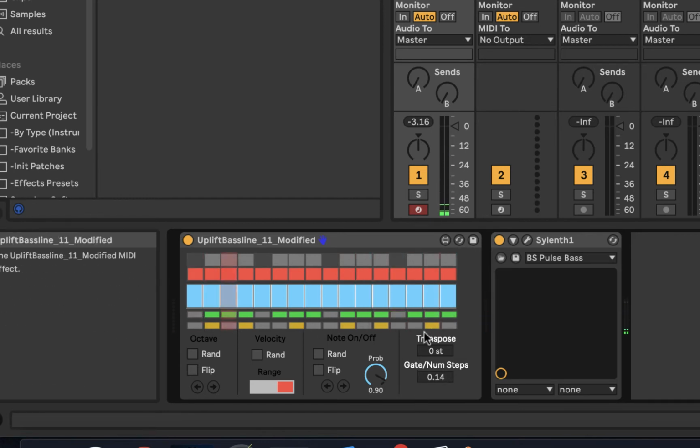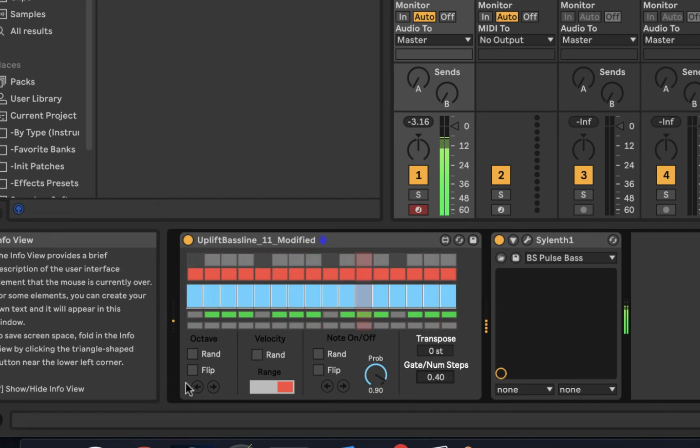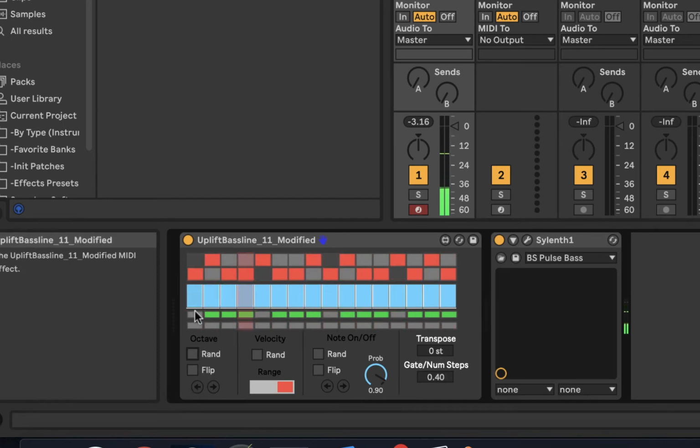Can't hear it super well with all these tied notes, but if I turn these off, this really helps getting those sort of psytrance-y bass lines. Of course, we can also randomize the octaves as well. And really just kind of play around with it. We can also change the velocities around. This was something Dan had in his Uplifting Arpeggio, and really just kind of get a feel for what all